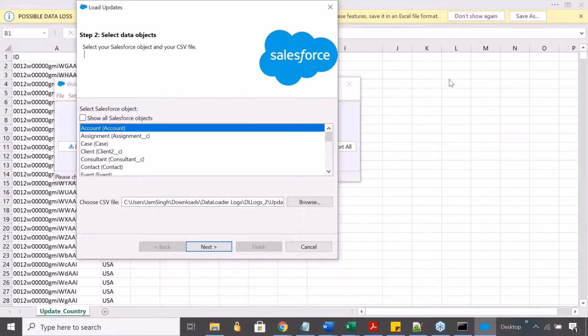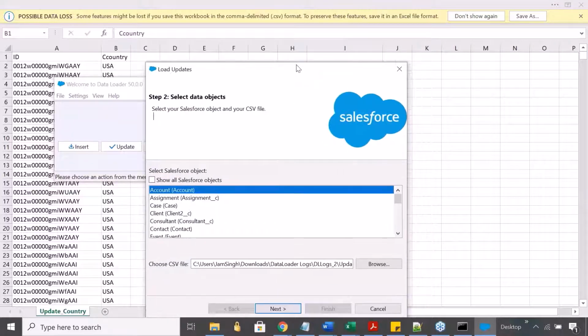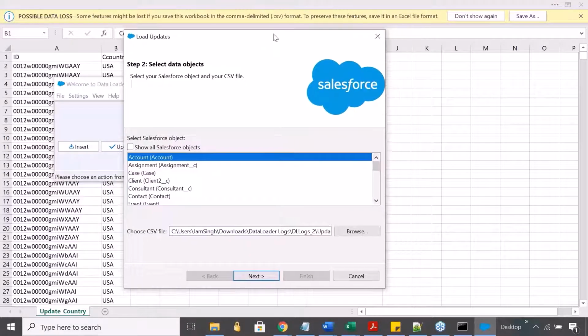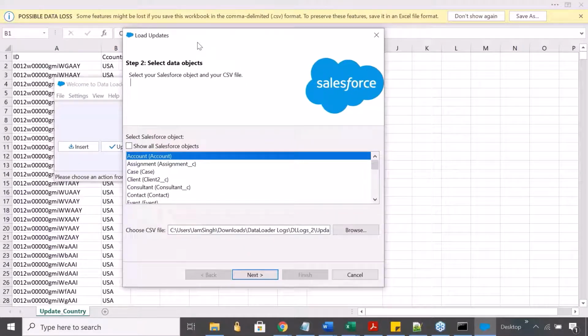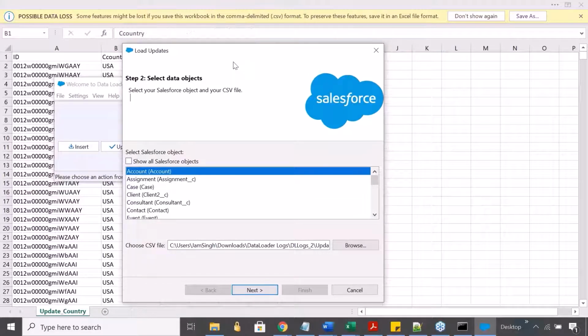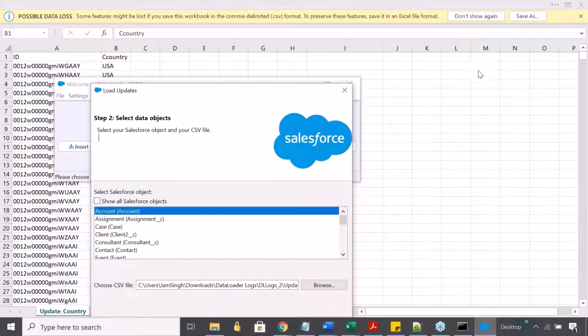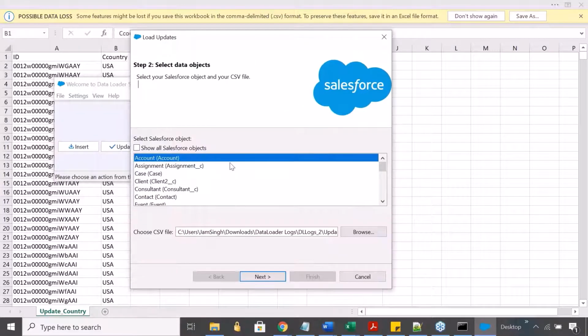So I removed that. There was this additional column where I just entered that USA value. So that was basically causing the problem. So now there are no empty columns. I just have these two columns, ID and country. Okay, ID and country, only two columns. There was one more additional column here, which I have deleted now.